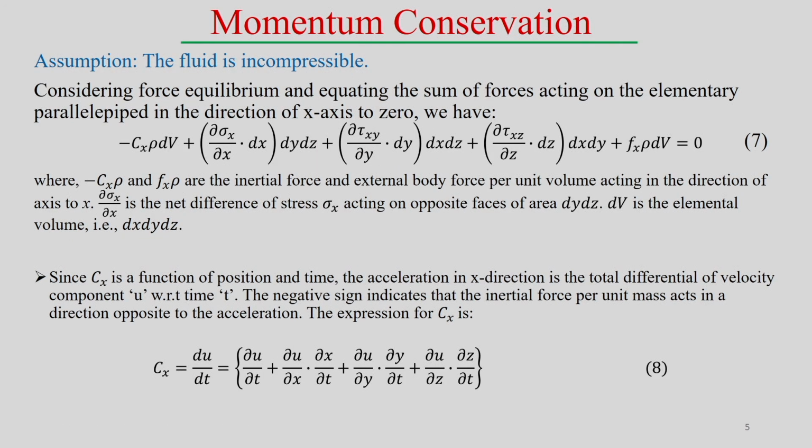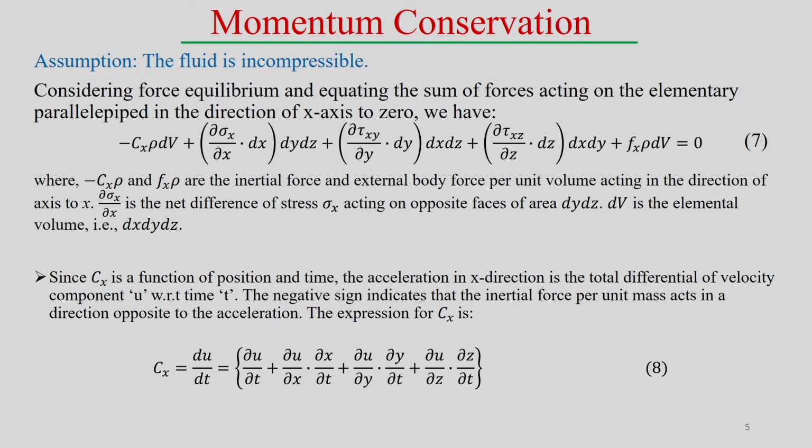Once we get the continuity conservation equation, then we look into the momentum conservation equation. In the momentum conservation equation, when we derive particular cases, we are assuming the fluid is incompressible. Now, considering the force equilibrium and equating the sum of the forces acting on the particular elementary part that we have considered, we can look into the individual directions, what is the force balance along the x, y and z directions, and if it becomes 0, then we can say we reach the force equilibrium condition. Then, following the momentum conservation equation, we can find the momentum equation associated with this fluid flow problem.